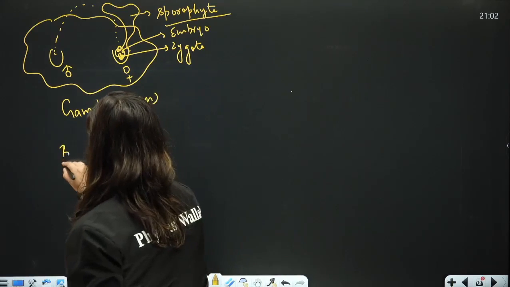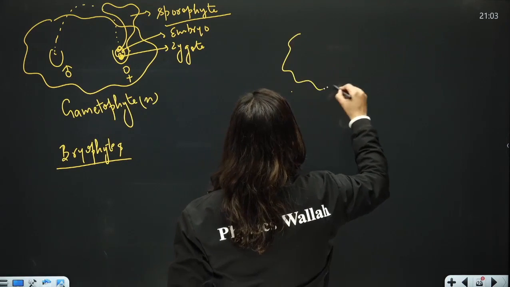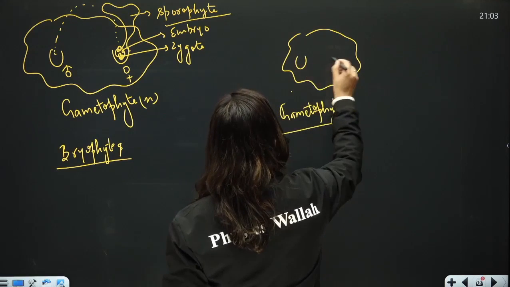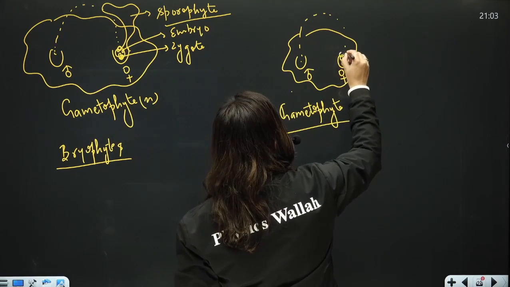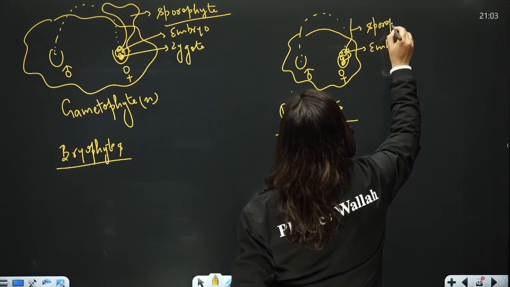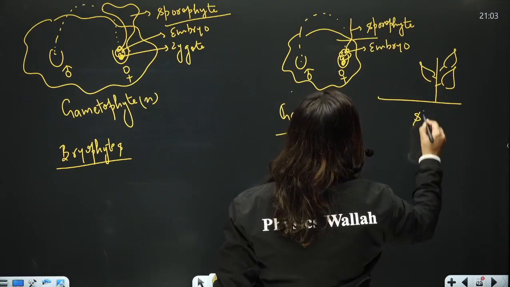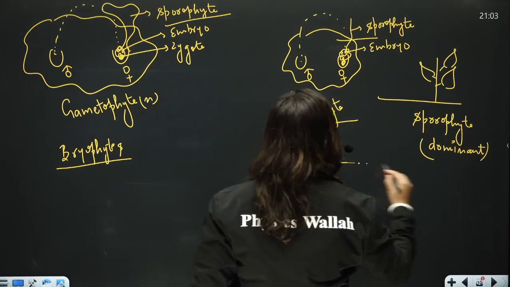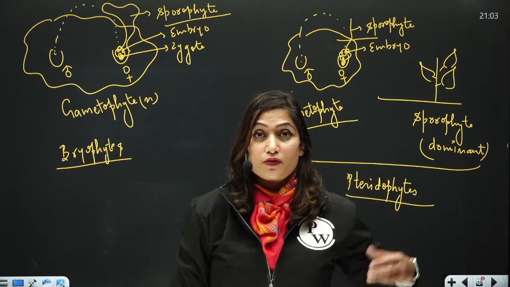Then in the case of pteridophytes, again the gametophyte is present. The gametophyte is present on the soil, which is thalloid, not differentiated. It also bears sex organs, male and female. Then the same type of thing happens: the zygote forms, then the embryo forms, then the embryo gives rise to the sporophyte. But the difference is this sporophyte will leave the gametophyte and will go into the soil. So in pteridophytes, the sporophyte is the dominant phase of the life cycle, right? So I hope you are able to imagine how the meaning of gametophyte and sporophyte is changing